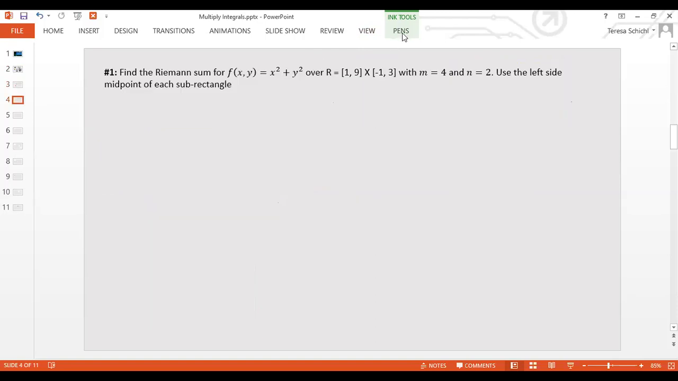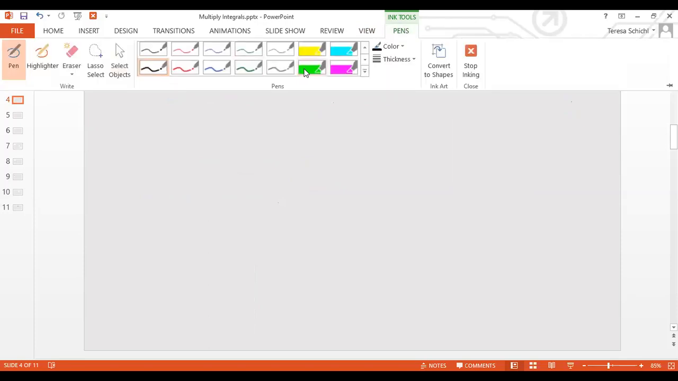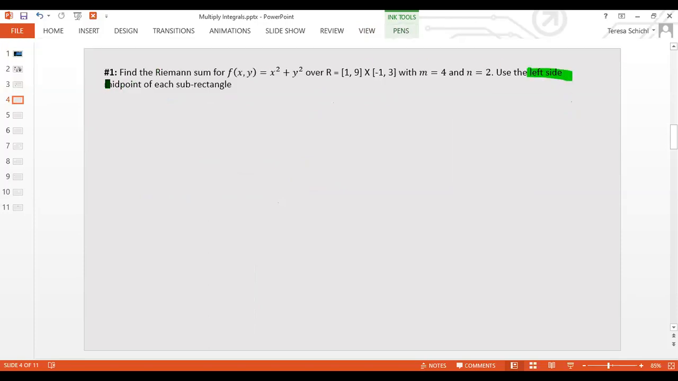Okay, so now let's take a look. Problem number 1 says let's try to find the Riemann sum. Here they want to use the left-hand side midpoint. So the first thing is, let's try to